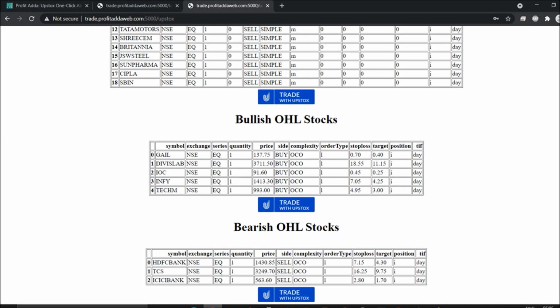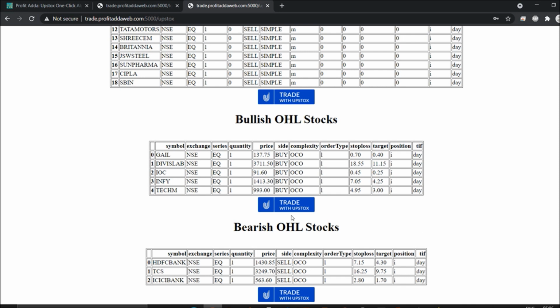Usually, if you want to trade manually, suppose you don't have a platform like this, you have to visit some websites and choose around, and then look at whether open equals high or open equals low. Then you have to trade, and you have to look at how much percentage profit to put and where to put the stop loss. These are the things you look out for, and in between our stocks will move to some target points and will definitely achieve them. So instead of that, if you visit this platform, you can easily trade.